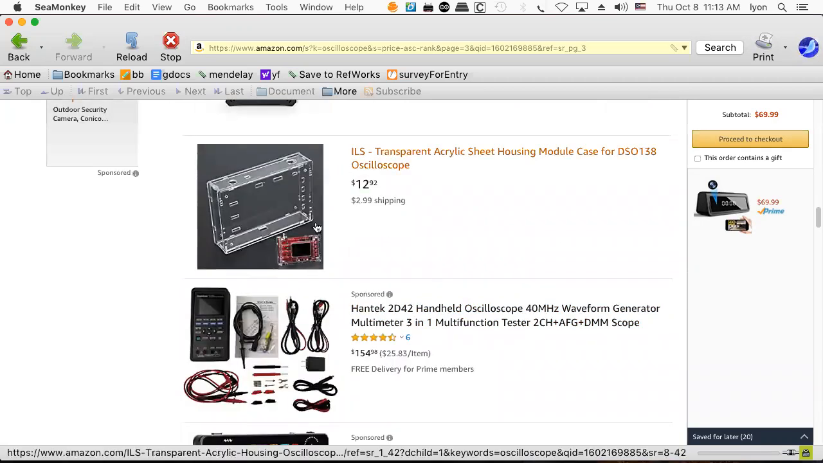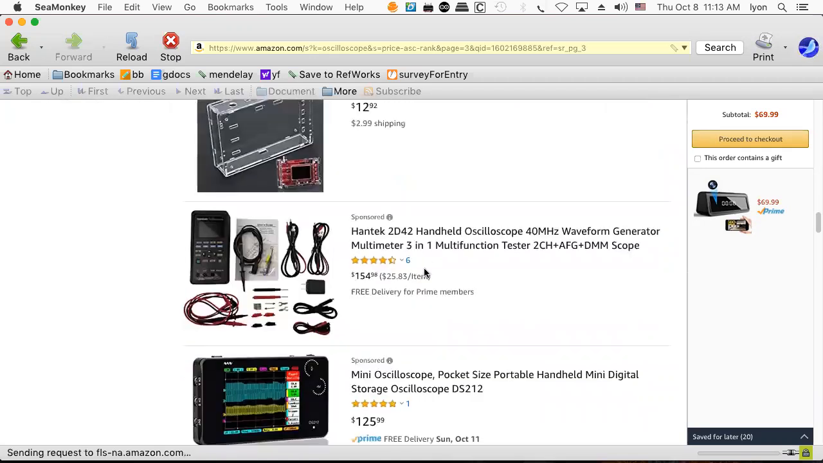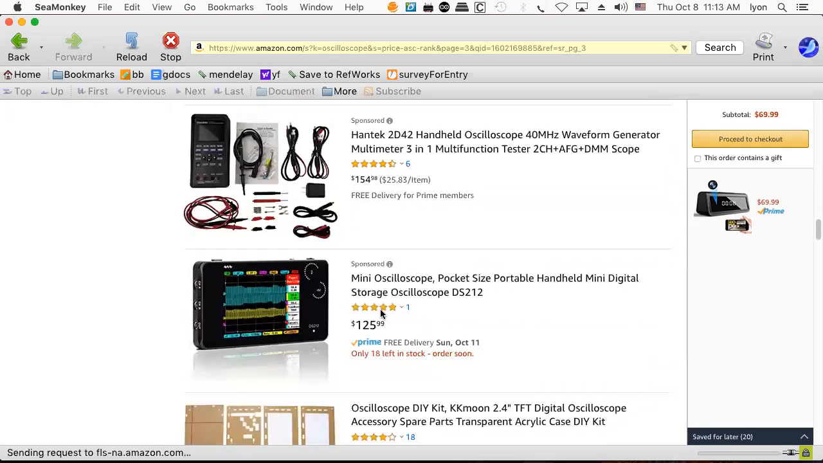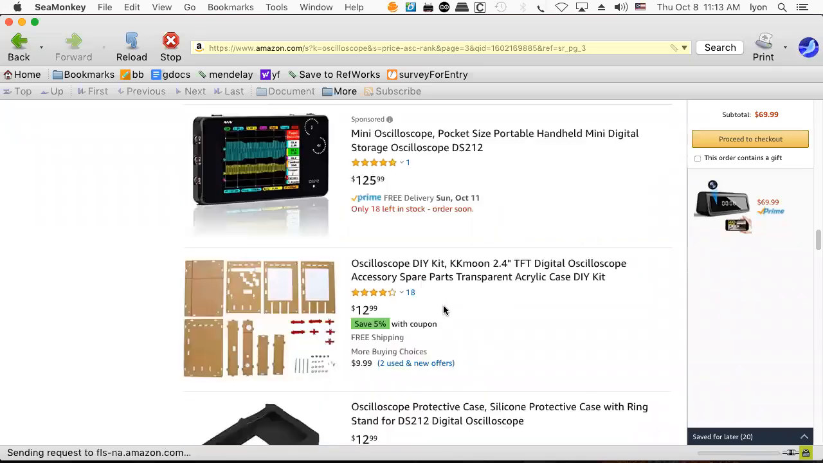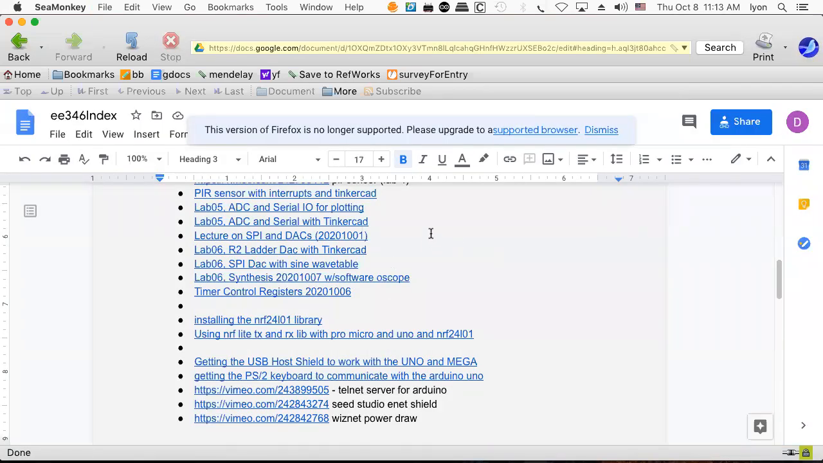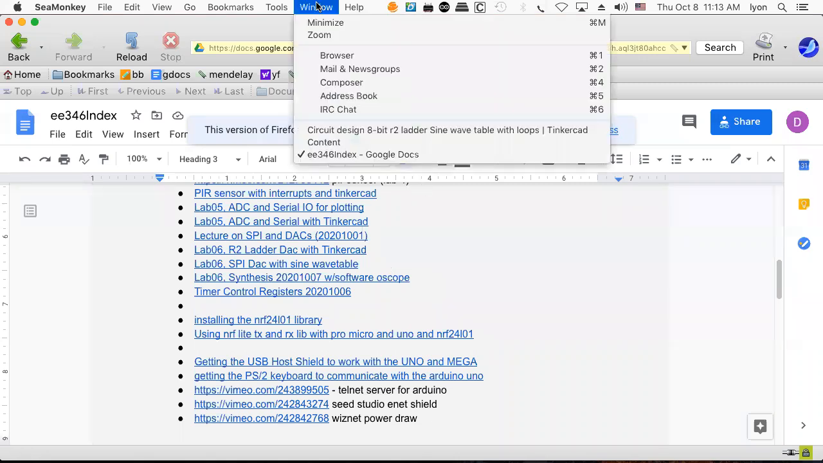Here's an acrylic case for the little scope that we saw. That brings the price up to $25, I guess. And here's a mini scope already assembled, which is probably worth it. $125. Wow. So there it is. Scope shopping. I just think that's amazing. You can get the used scopes also very inexpensively, but these are new. So, I mean, wow. So let's go back to